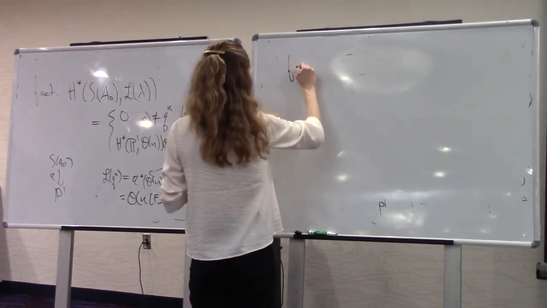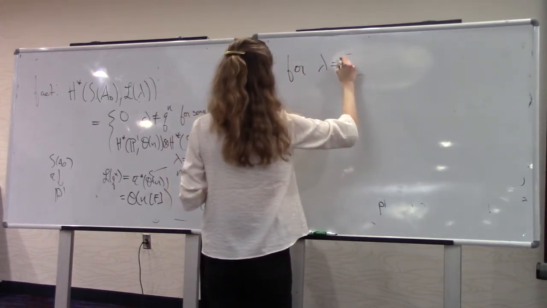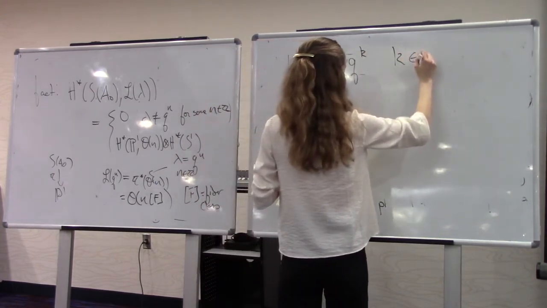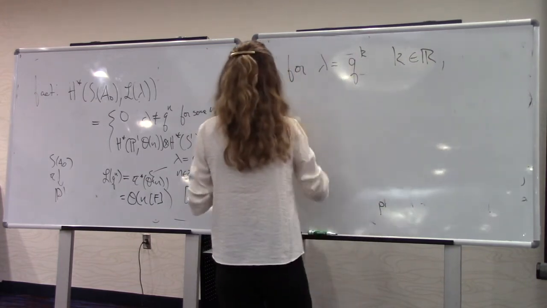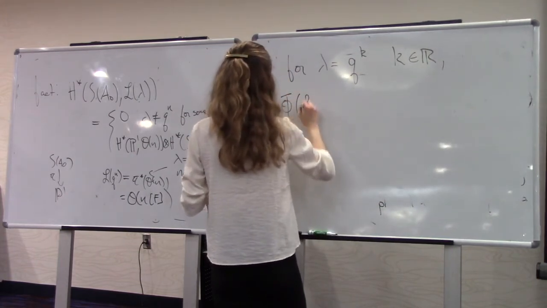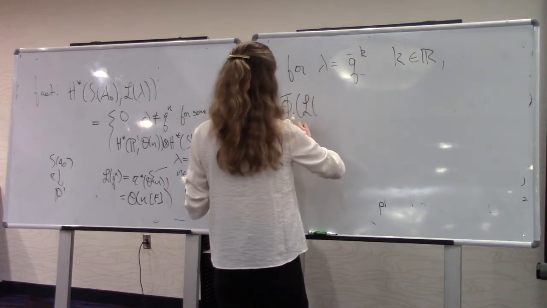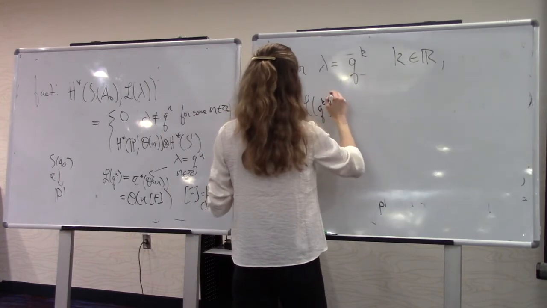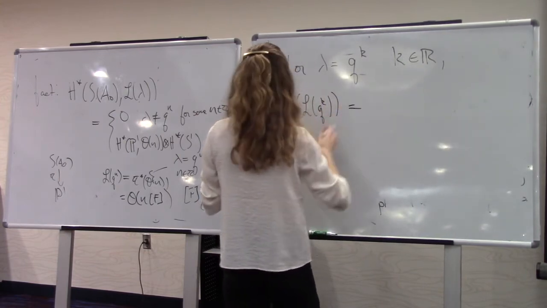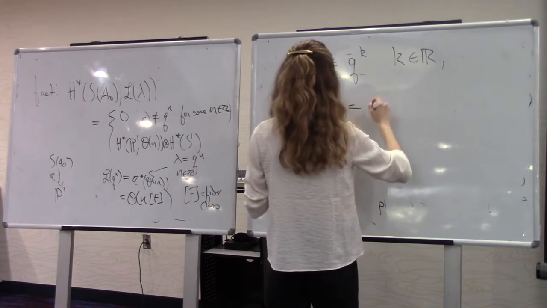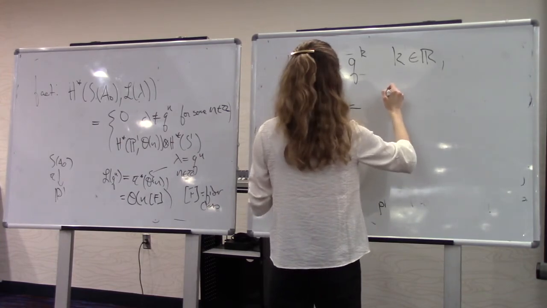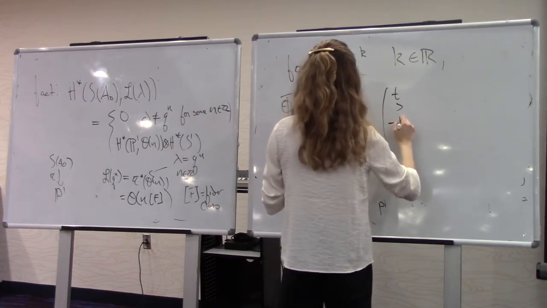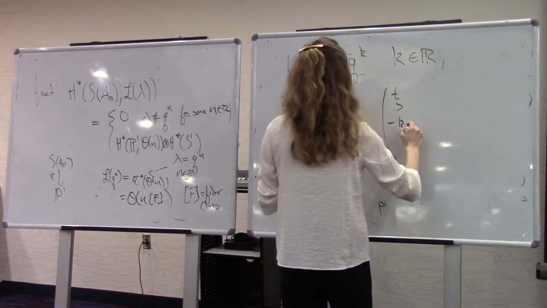So for lambda equal to just say q to the k. Now k does not have to be an integer, but k is in R. Phi of L_{q^k}, the image under this mirror functor, is going to be equal to the Lagrangian section, which I'll write in this way, T_s, so this is some parameterization of some Lagrangian section of your SYZ fibration,